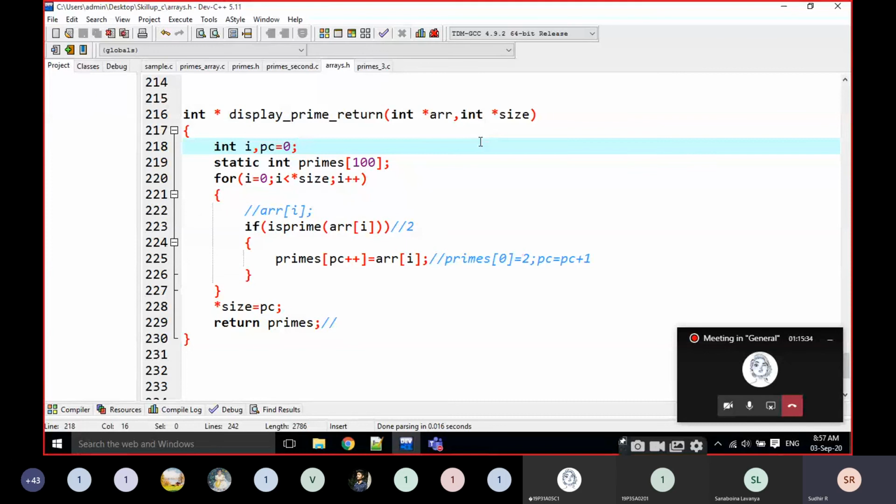Just practice these questions and take one more problem by your own, not primes, not what I am teaching here. Just take one more problem and try to apply all these three methods to that program.